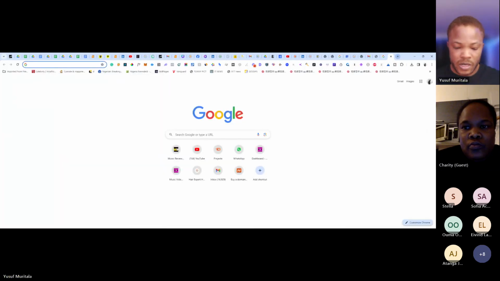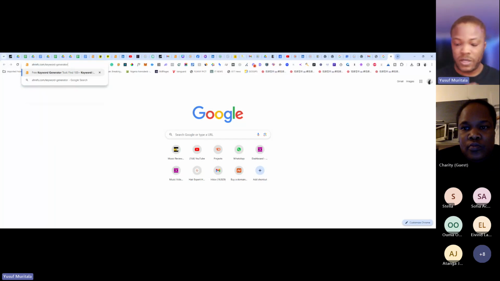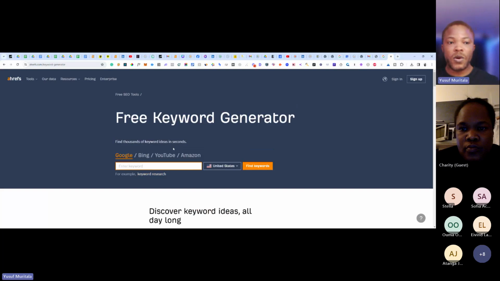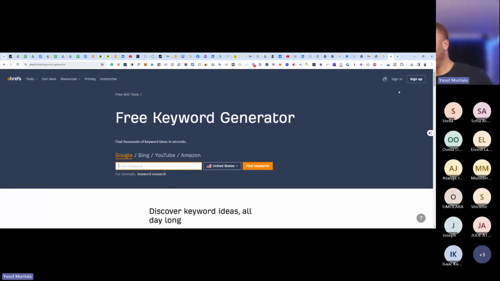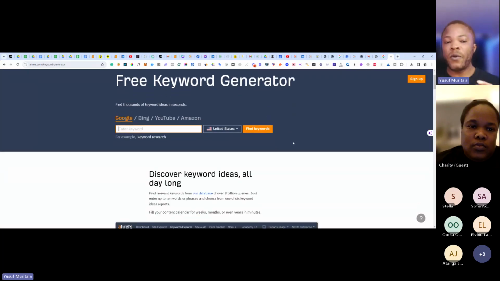Okay, so now I will show this one. It's free. It's the Ahrefs keyword generator. You can also go and buy the paid one. It's one of the most expensive keyword SEO tools on the market, right? So I'm using another one, which is much cheaper and still serves my purpose. We are going to go through and check that one too. But I always want you to start from here.